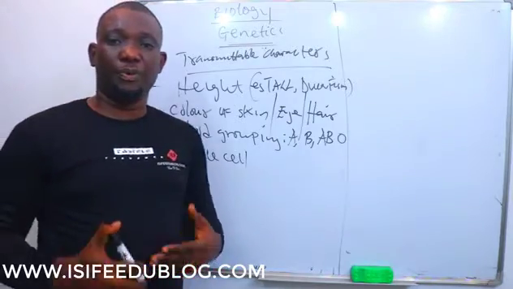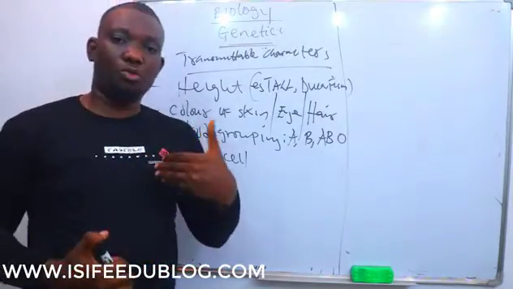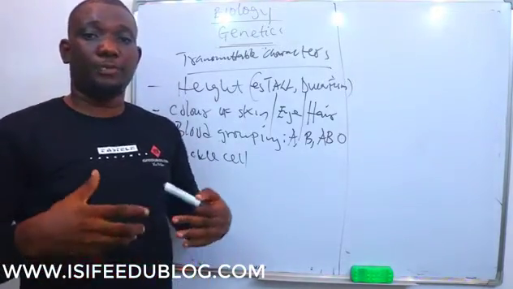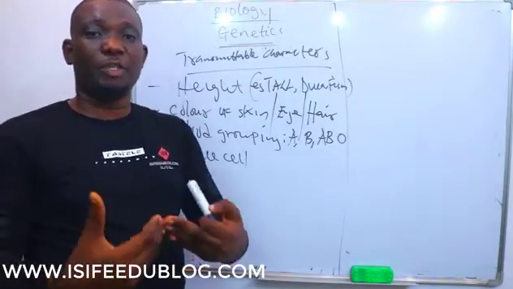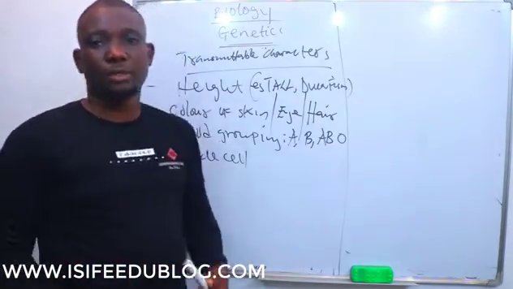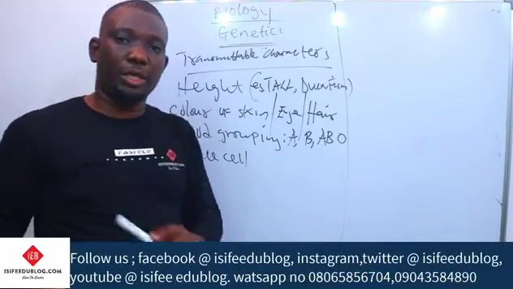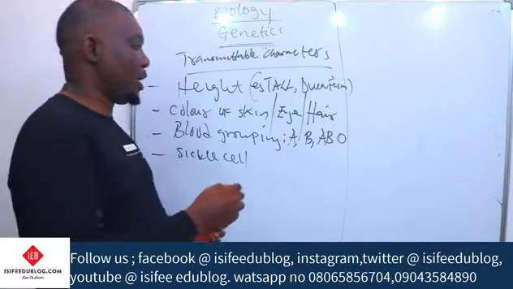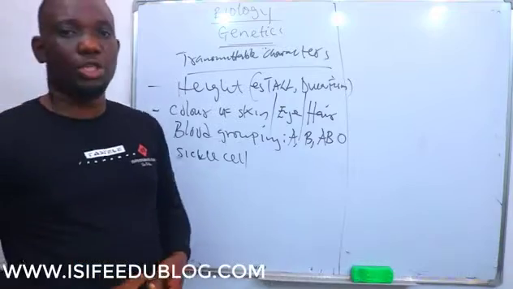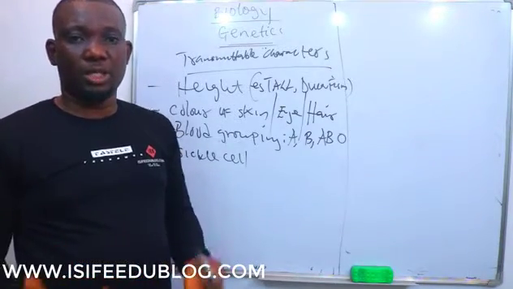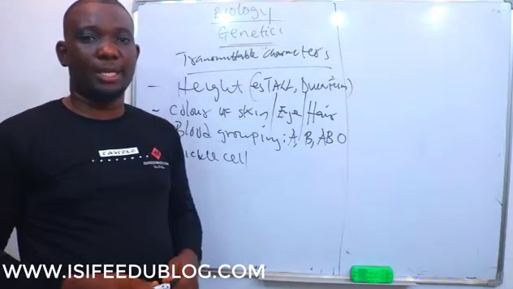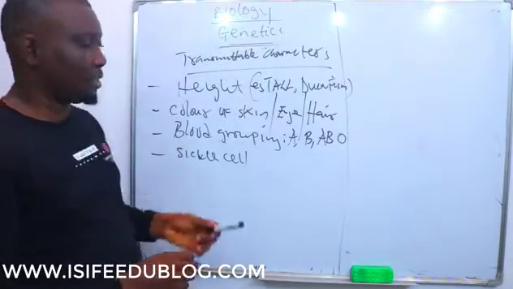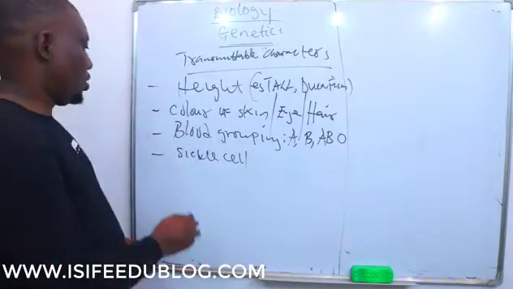If I do not have a gene for the sickle trait, and I marry a woman who also does not have the gene for sickle cell, it is not possible for one or two of our offspring to have the sickle gene, because it's not in the gene. So it is not possible. Okay? But you don't expect a couple who are both carriers of the sickle gene not to give birth to a sickle cell child. The chance that they will give birth to a sickle cell child is even high if they are allowed to marry. So that is what it is. So the sickle cell trait is transmittable,